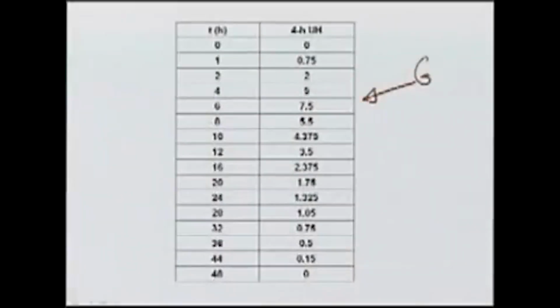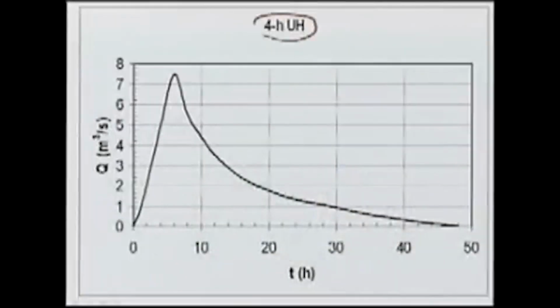So, this is given. A little later we will see how to derive this unit hydrograph, but let us for the time being assume that the 4-hour unit hydrograph is given. You can look at the ordinates, and this is the figure of the 4-hour UH. As we have seen already, 4-hour UH means this is due to 1 centimeter rain